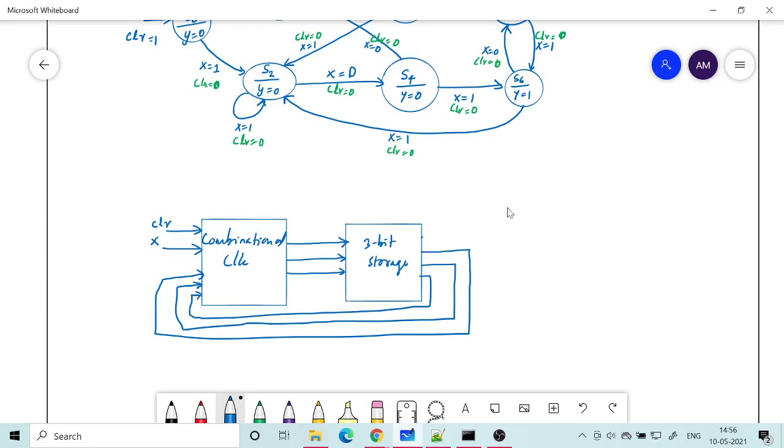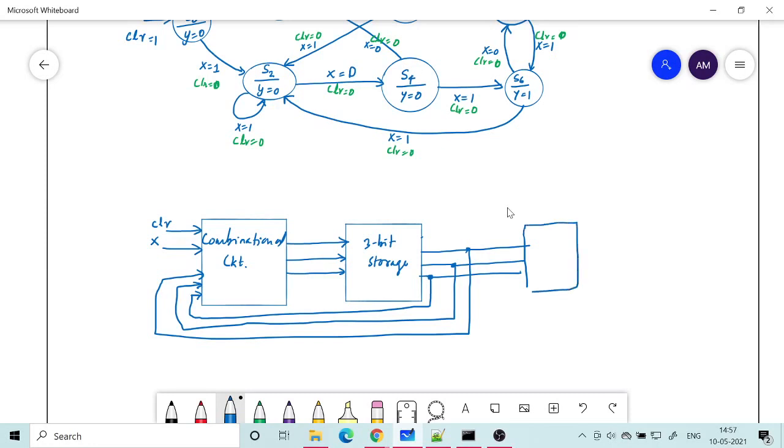Okay, so there is some combinational circuit. I'm not telling what is the circuit inside, but it is basically to generate what should be the input for the flip-flops from the X input and the previous states, and then the output finally depends upon what? The output finally depends only on the state output, the present state.